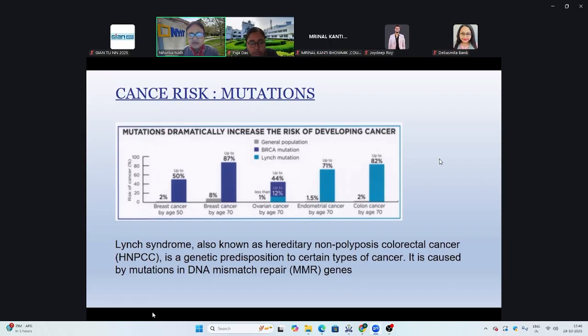Then that genetic disposition means that you will get Lynch syndrome, and it can lead to colorectal cancer. So these are different kinds of mutations, but it shows you that the chances go up by 82%. So it's like how bad is it, and when will that person get it? So in breast cancer, it says here by age 50, if there is that BRCA1 mutation, and